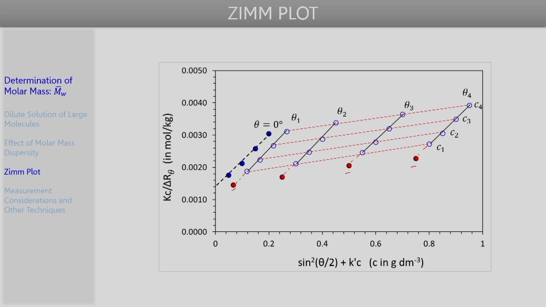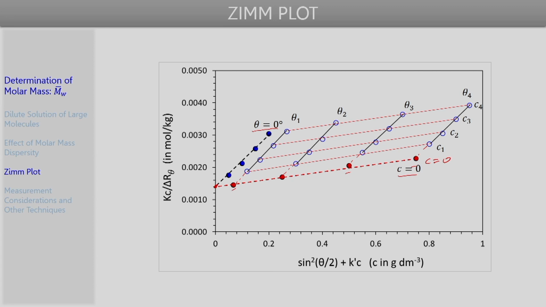So these are all points at scattering angles theta 1, theta 2, theta 3, theta 4, but extrapolated to polymer concentrations of C equal to 0. Again we can connect these points obtained at C equal to 0 and extrapolate them all the way up to where they intersect with the y axis. If we do that, we see that the point at which the C equal to 0 line upon extrapolation intersects with the y axis is the same as the point at which the theta equal to 0 line upon extrapolation intersects with the y axis.